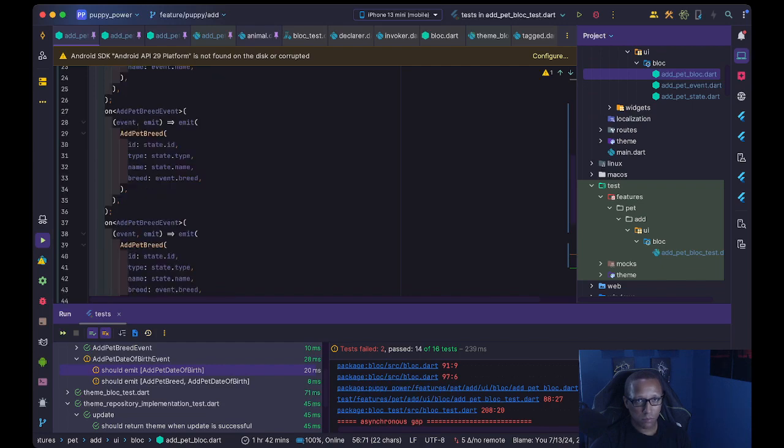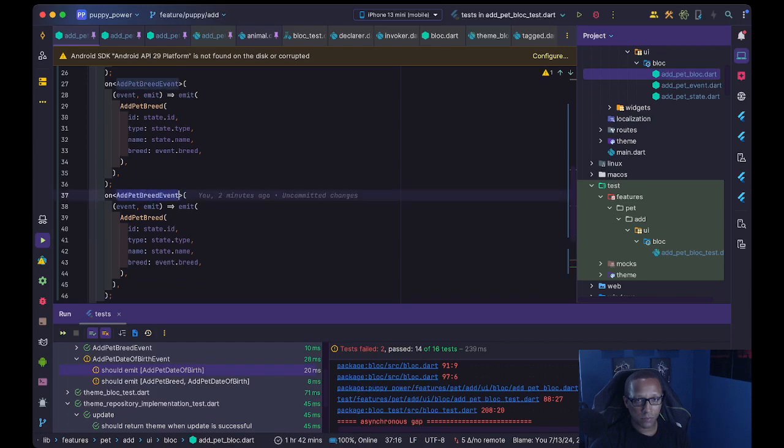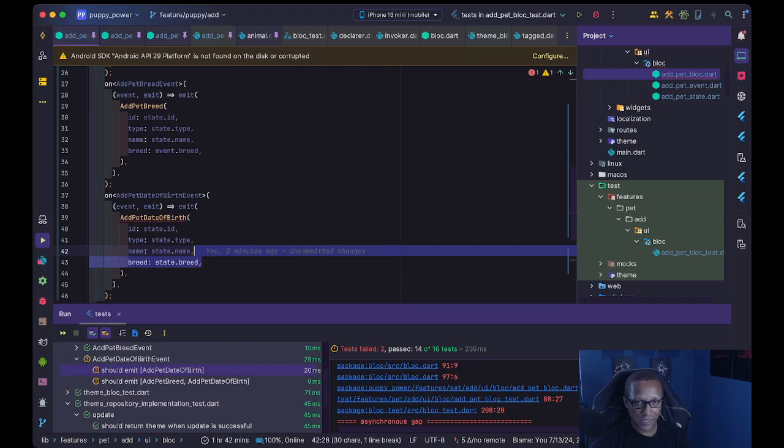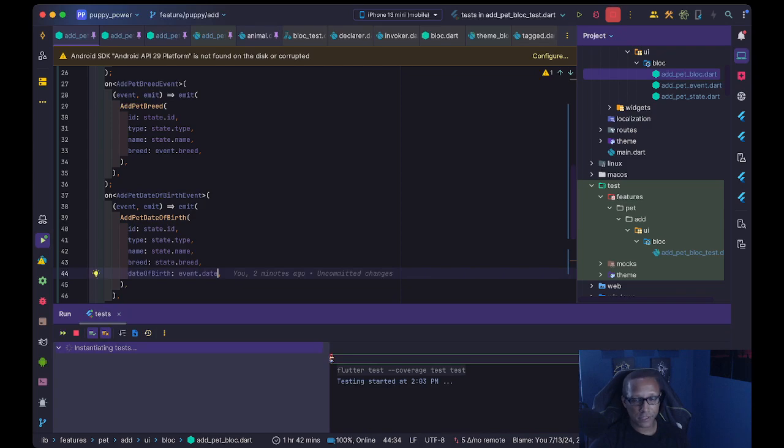There we go. Emit that state. That is going to be the state. And the event is going to be date of birth, and that's going to be the event dot date. So now if I run this again,